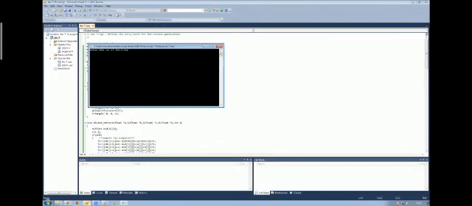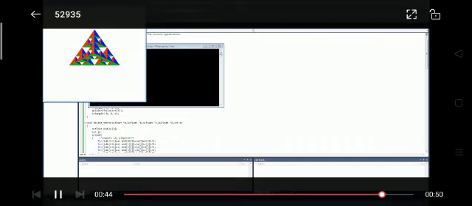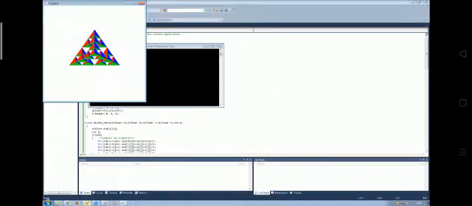Otherwise it will ask you to enter the number of divisions. Let us enter 2. See the output. So guys, this is how the model looks whenever the number of divisions is marked as 2. Okay, you can choose any color as a background color. You can even set a different color for the tetrahedron or the smaller inside triangles and all.